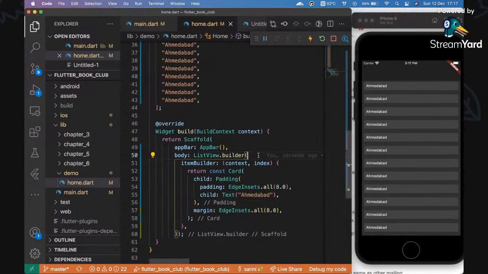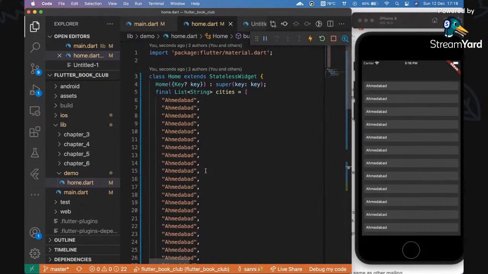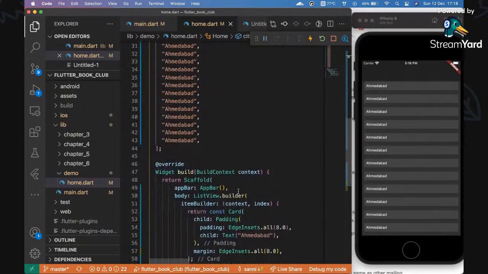So what it does in list view, to show the next child, so the next item, it will use your item builder. It will run your item builder with an index. So if you want to change the UI of each tile, we can use this index to find out which data we want to show. And right now, we will take items from these cities and try to show it